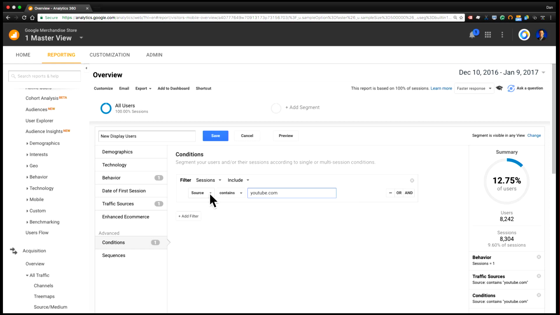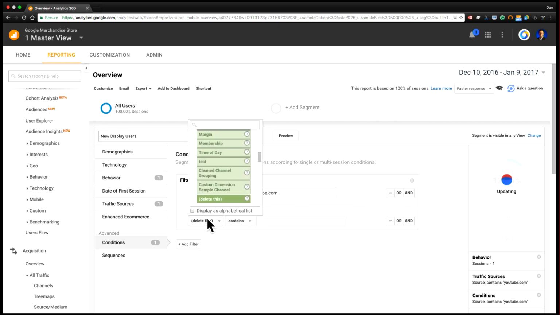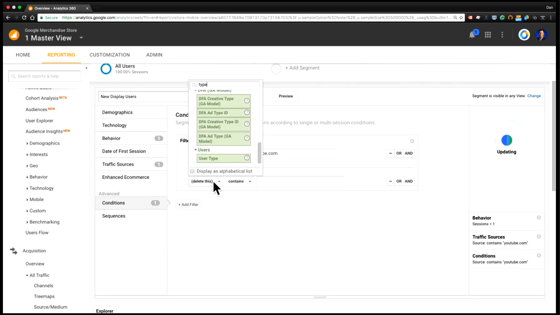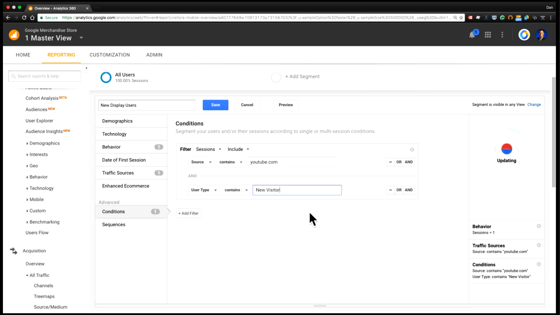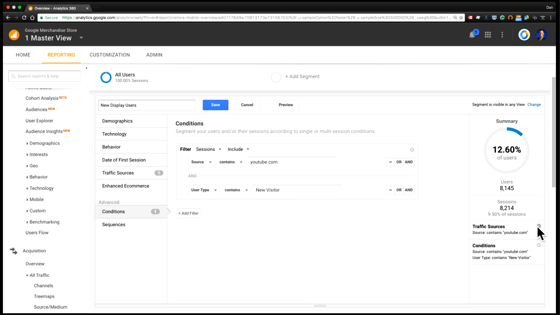the same time. So I want sessions where source contains YouTube and user type is new visitor. And what this will do is it will look for sessions where the source was YouTube and the user was new visitor at the same time. And when you're ready, you can click Save or Preview this segment and start applying it in any report that